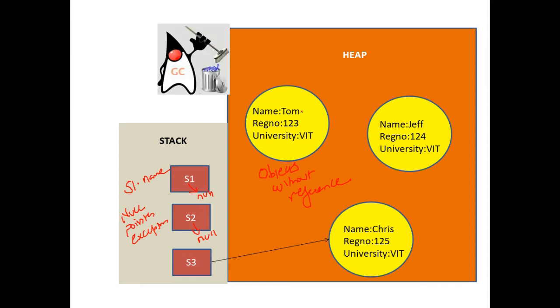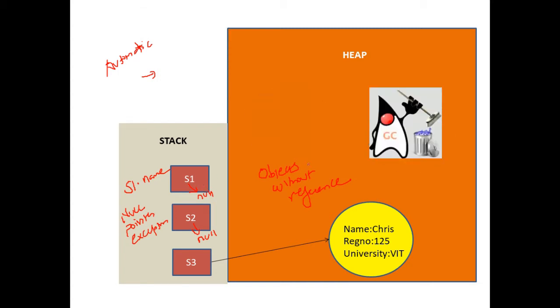So garbage collection in Java is nothing but another process, and this process is an automatic process. Once in a while the garbage collector process will kick in, go through the memory and collect all the unreferenced objects that will not be used anymore. Let's assume that this is our garbage collector, and it's going to wipe out all the objects that do not have a reference. So let's look at this demo. Our garbage collector has now cleaned our memory.